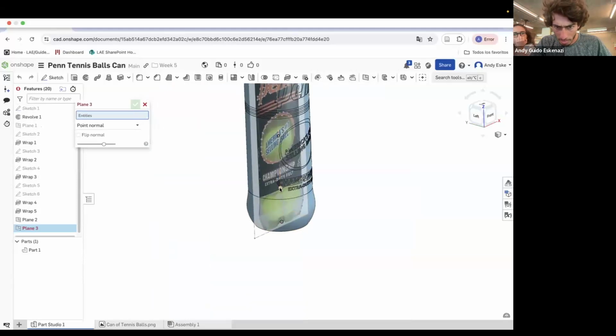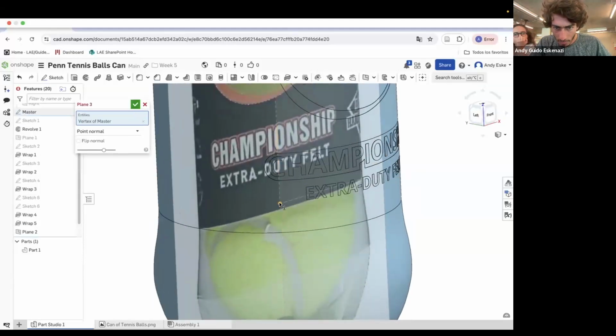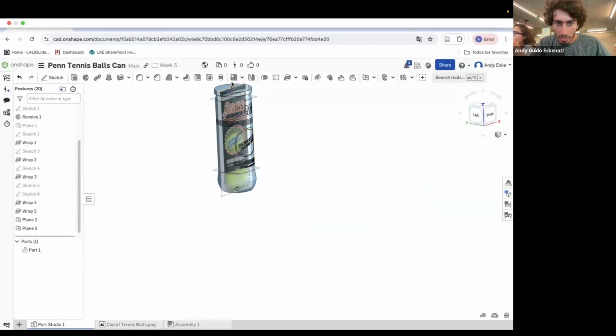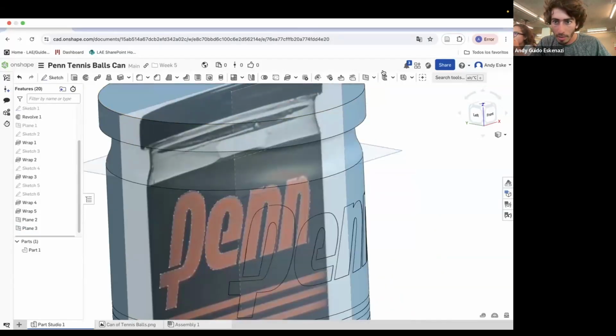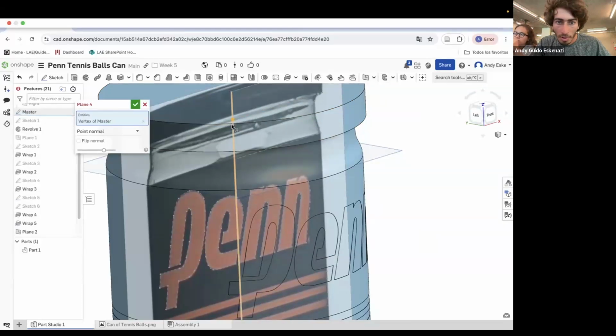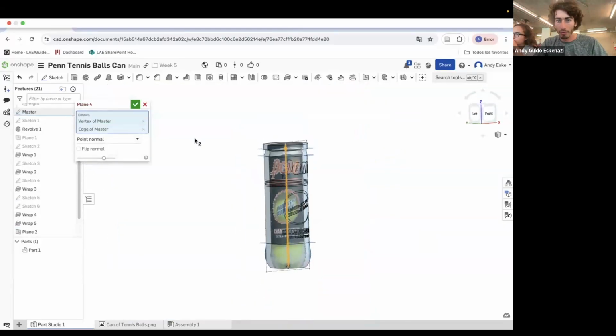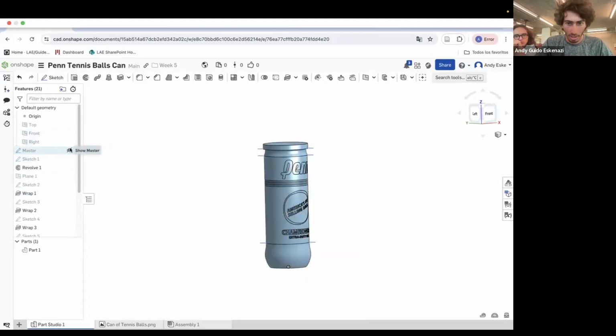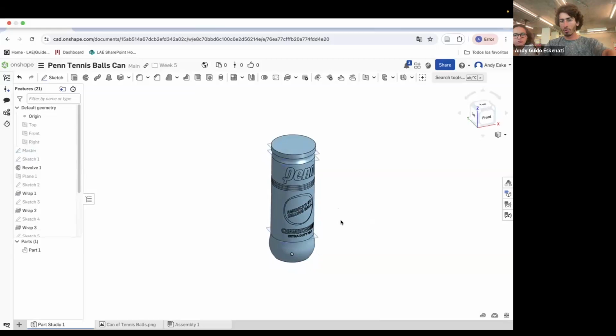I'm gonna create another plane right here, point and line. And then there was another plane that is gonna be up here. So point and line. So we have 3 planes. And now I'm gonna hide the master again because it confuses me. So we have those 3. So then what we could do is,